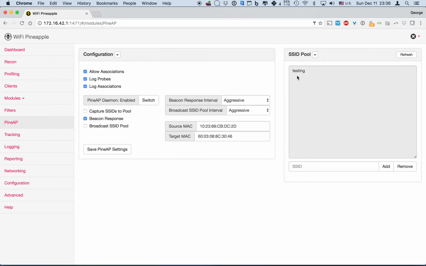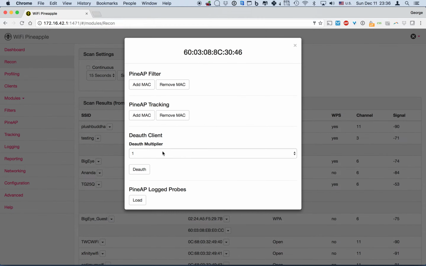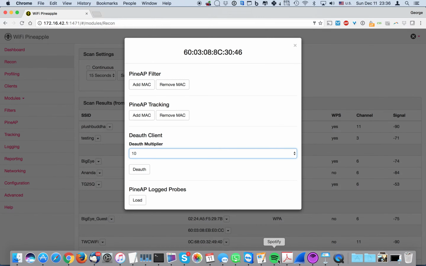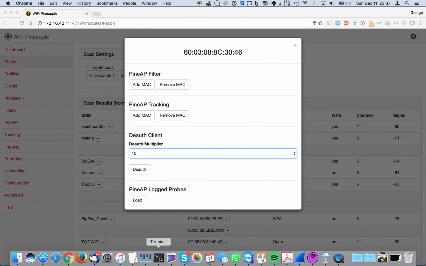Now that we have made all the settings, we can go back to the recon module, and by selecting our client, we can select the deauthorization multiplier. We can go to something very aggressive, and now we can execute the deauthorization attack. Just to be able to see what is going on, I will open up now